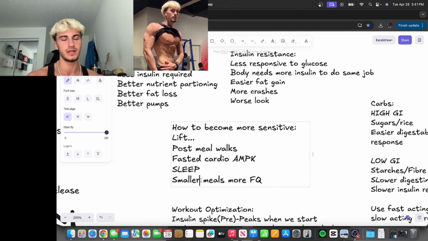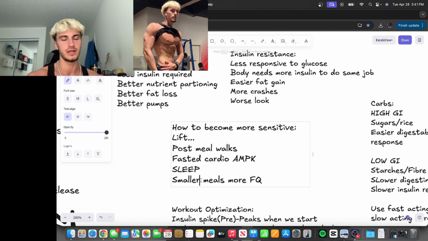So you digest them slower for that glucose to go into the bloodstream, which means it's a slower insulin spike, right? Versus a sugar versus a starch, okay? Slower insulin response, which pretty much brings me to almost the end. I mean, we want to use our fast acting around the workouts because we know we're most sensitive around workouts. Slower acting throughout the day when, you know, maybe it's dinner time and all you have left is